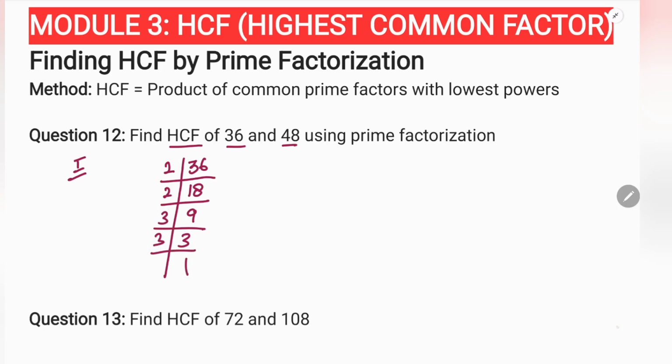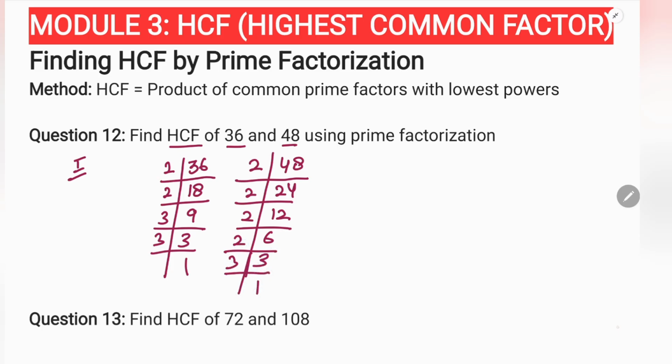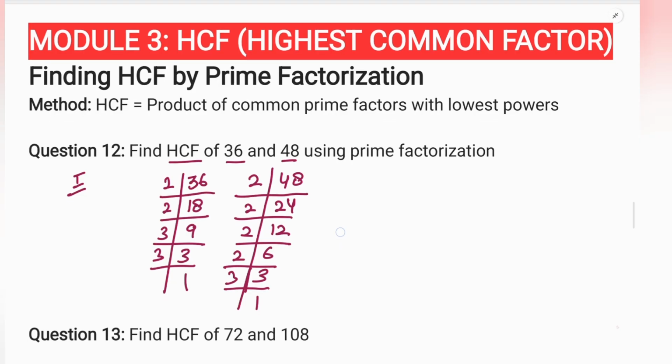Then I will find the prime factors of 48: 2, 24, 2, 12, 2, 6, 2, 3, 3, 1. Okay, this is what we can do because we have done it in a few questions now. Okay, now here